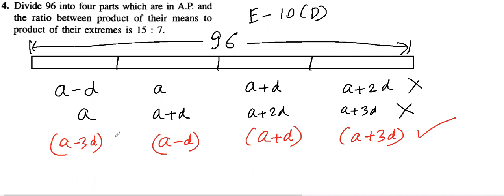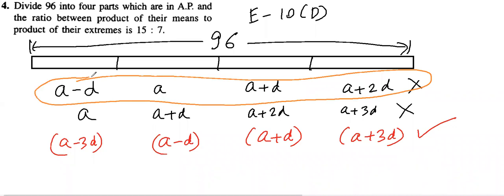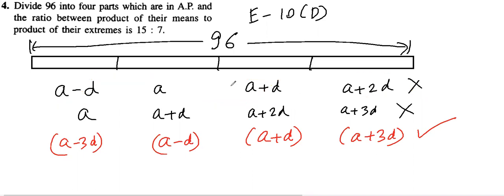We have to take only those 4 terms which will cancel. For example, here in the first term, in this particular term, it is not getting cancelled when added. This minus D and plus D is getting cancelled, but this 2D is not getting cancelled. A is always there. So this is wrong. We should not take this. Now the second one, in the second one nothing is getting cancelled, so we should not take the second one also. The third one we should take. Always we should take like this.